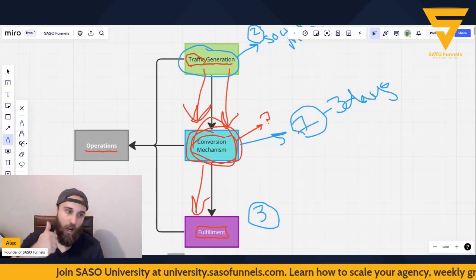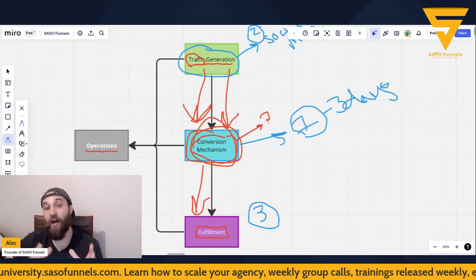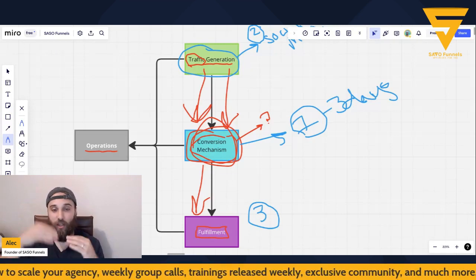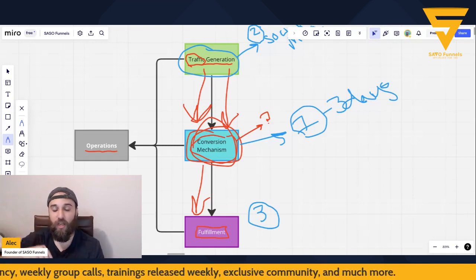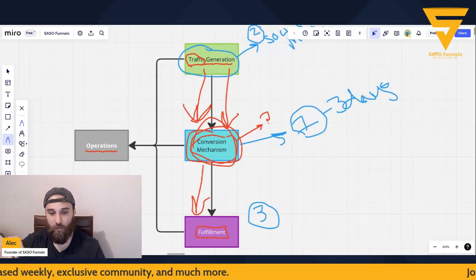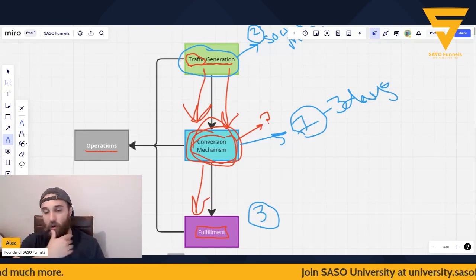You can do that in a Google Doc, pen and paper. You can do it in ClickUp or Notion. It doesn't really matter. Find a place to document it, document the whole thing. I do it in a Google Drive because I can organize all of my clients' folders. And then in the clients' folders, I can have what I call lessons learned. This is basic project management. The lessons learned is where you're documenting every single thing that's going on.